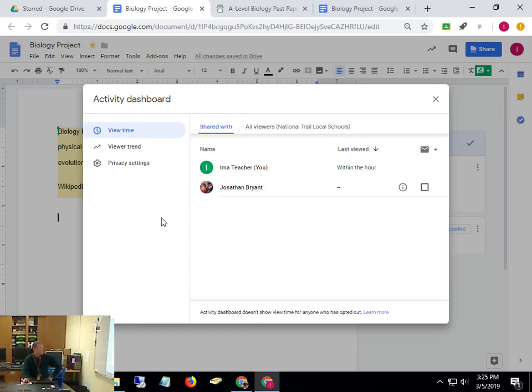Then you can see here, if Jonathan were to say, yeah, I looked at that, and they're like, no, you didn't, because I can actually see on here that you have not been on it at all. And the nice thing about this in particular, which is a good point, thank you, Dan, is if you're doing a group project, you can see who's been on there and how much. If you know Judy was part of the team and Judy has never been to the document, it's hard to